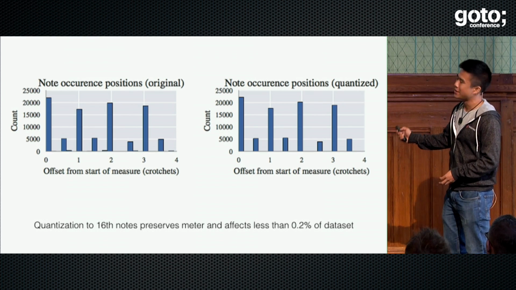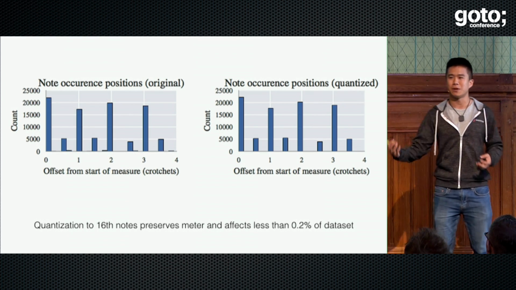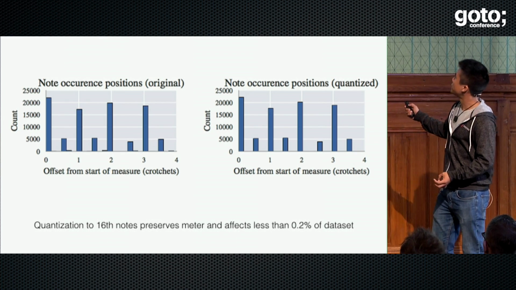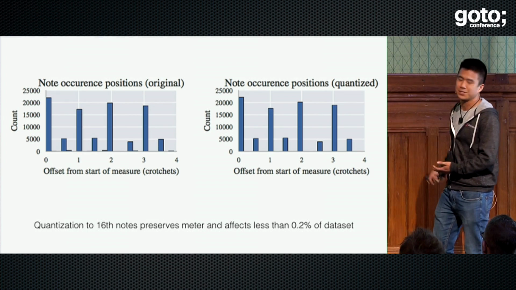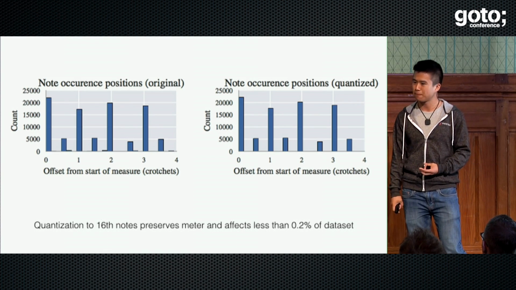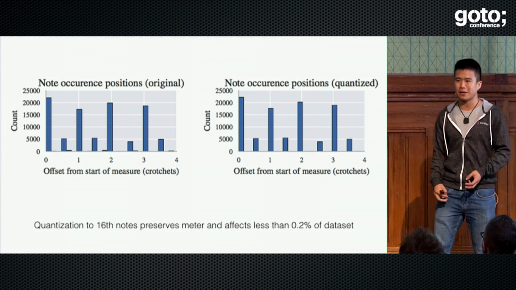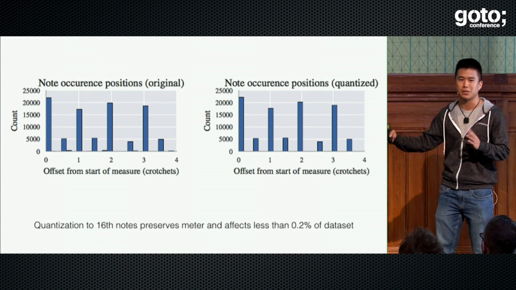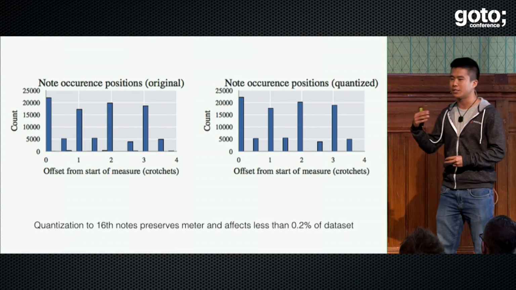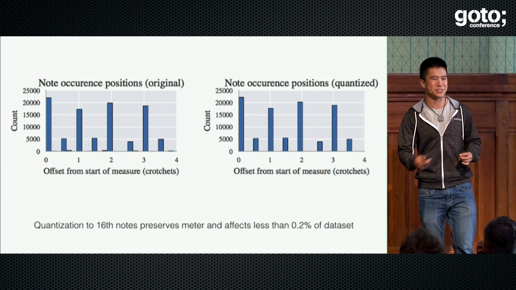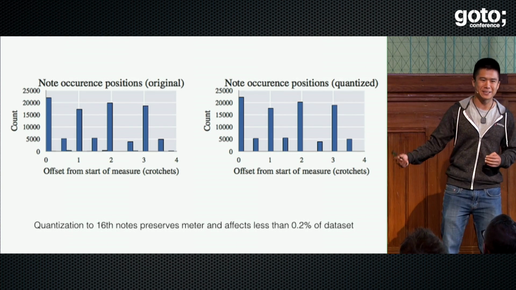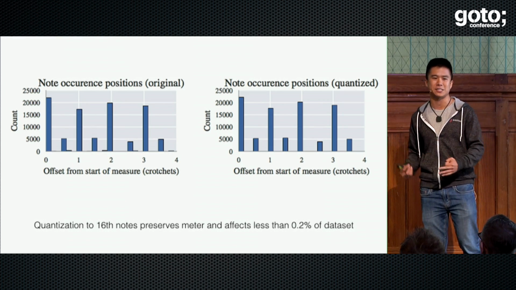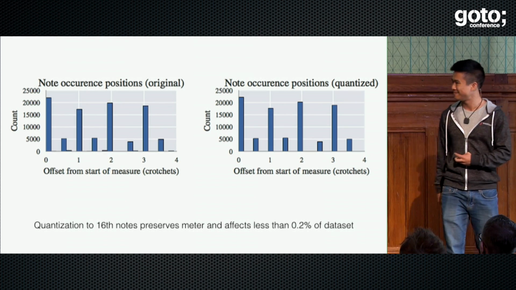So over here, I've plotted a histogram of all of the durations inside of the chorale corpus, and this quantization affects only 0.2% of all the notes that we're training on. The reason that we do it is by quantizing in time, we're able to get discrete representations in both time as well as in pitch, whereas working on a continuous time axis, computers are discrete and are unable to operate on a continuous representation. It has to be quantized into a digital format somehow.